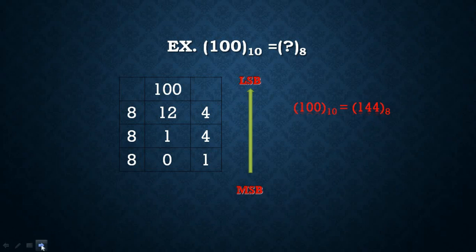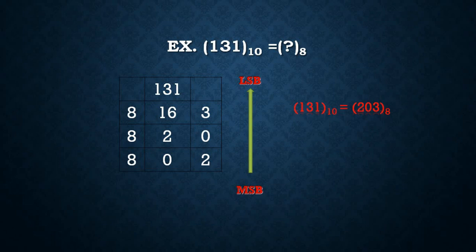We take another example. Here we consider the decimal number 131 to the base 10 and convert it into the octal number system. Again we take 3 columns: first column for divisor, second column for quotient, and third column for the remainder. So 131 is divided by 8, the quotient becomes 16 and the remainder becomes 3. Again the quotient is divided by 8, and we get the quotient 2 and the remainder 0. Again this 2 has to be divided by 8. So what happened? This 2 is not divisible by 8, so the quotient becomes 0 and the remainder becomes 2.